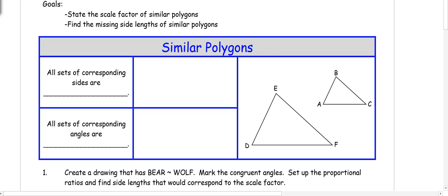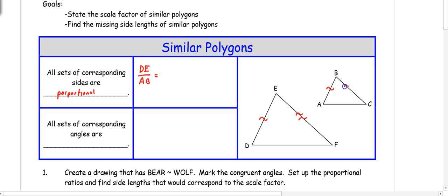This video is about seeing the scale factor of similar polygons and finding missing side lengths of similar polygons. So a similar polygon, remember, has all sides that are proportional. So for example, we would have DE is similar to AB, so we have DE over AB,